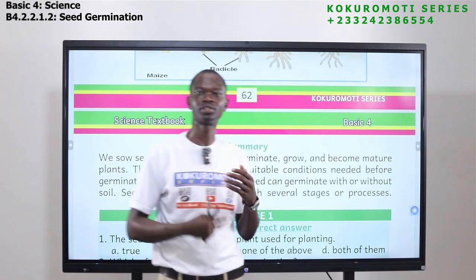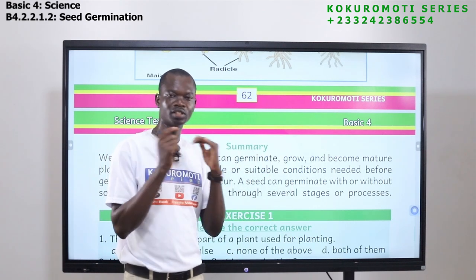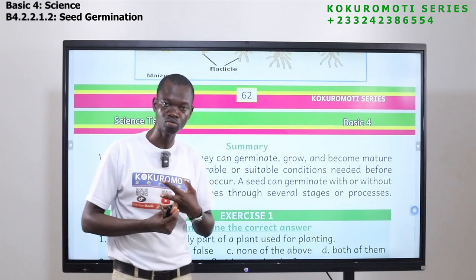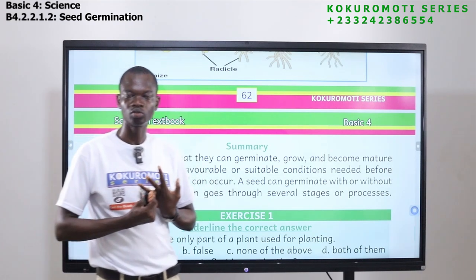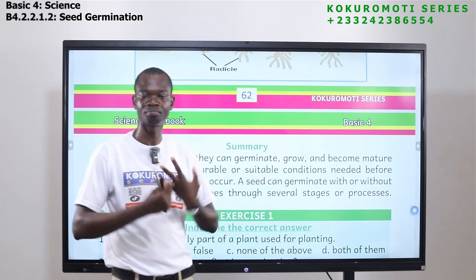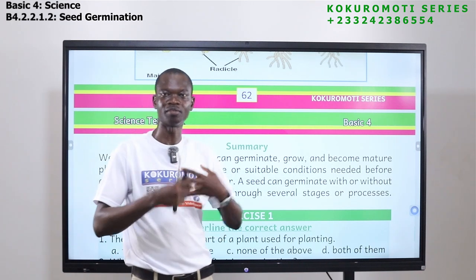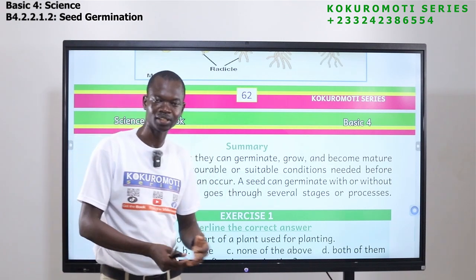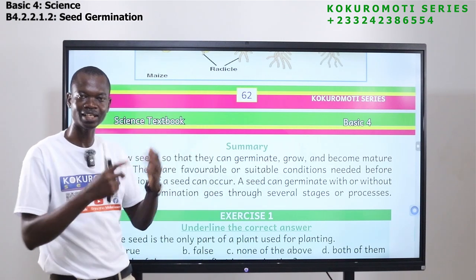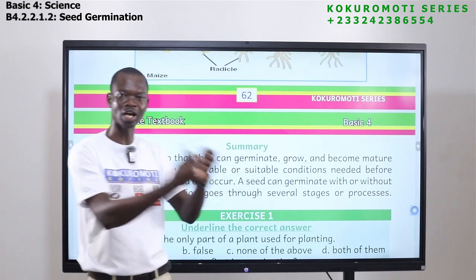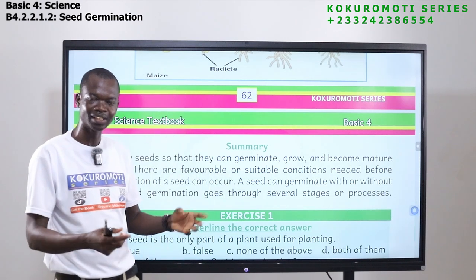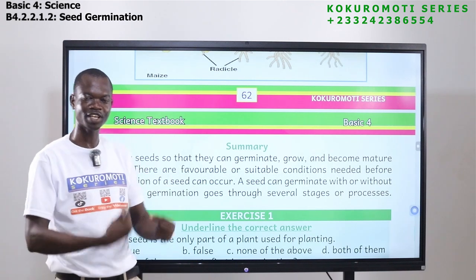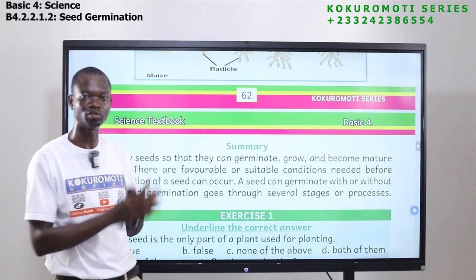And we have seen the processes, the stages of germination. The first one is that the seed will absorb water from the soil. 2, the seed coat will become what? Big, or it will swell up and break. So after it has broken, the 3rd stage will come. The 3rd stage is where the roots will come first. The first part of the plant that comes out of the seed is the roots.